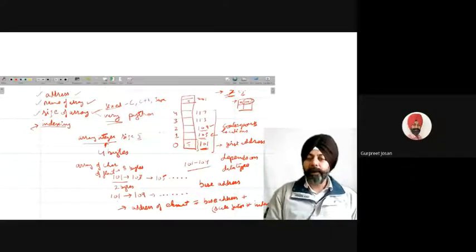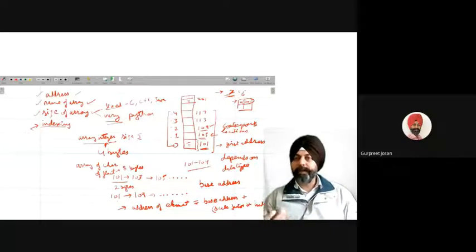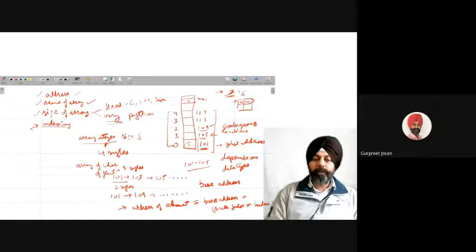So if I have 5 locations, then the index will start from 0 and go up to 4, and total values are 5: 1, 2, 3, 4, 5. Total values are 5 because indexing always starts from 0. So the maximum index value is 1 less than the total number of values. If I have 5 values, the indexing will go up to 4. If I have 20 values, the index number will go up to 19, from 0 to 19. So using this index number, I can find out the location of every element.